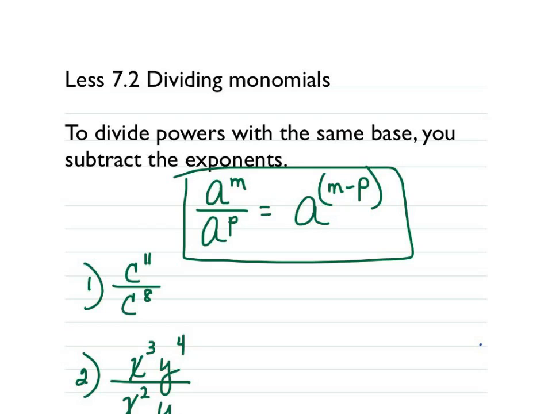Let's practice this skill. C to the 11th power divided by C to the 8th power equals C to the 11 minus 8, which would be third power, C cubed. Number 2,